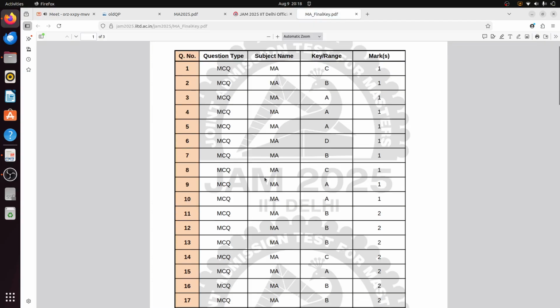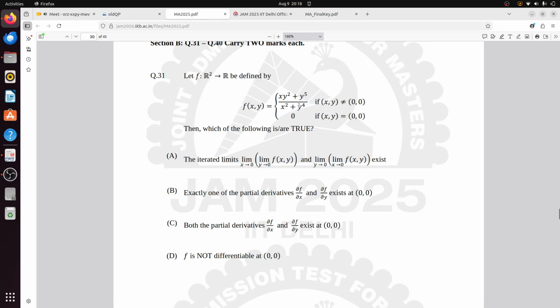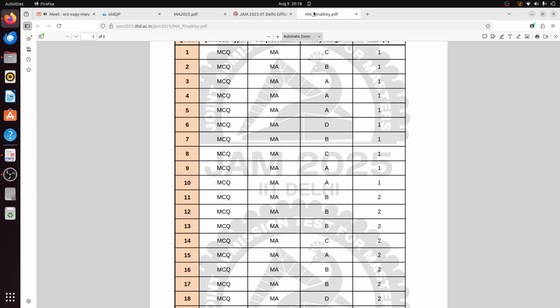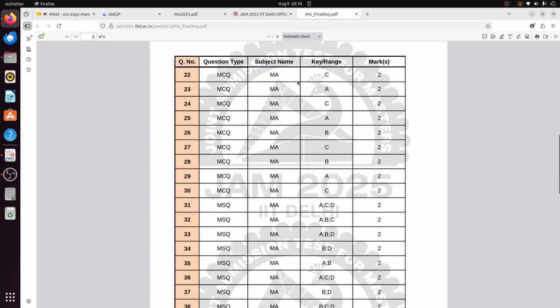Thirty-one maybe. If I am very bad at guessing, but I think that differentiability will exist. May not exist, because in this y power 4. No, think a bit in a different way. Yes, I think that differentiability will not exist. The answer will be A and C. Let's see. A, C, D, it is differentiable.